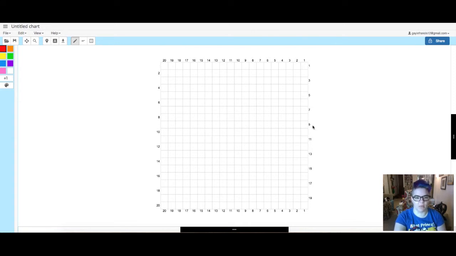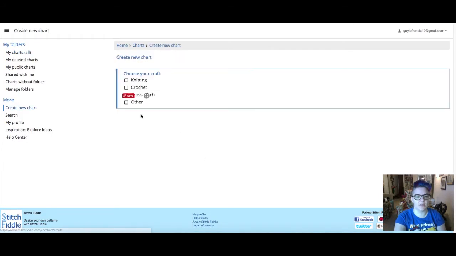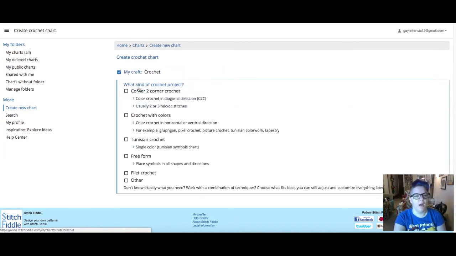So again, not noticeably different from corner to corner. I think the reason they have it set individually on its own is so people who don't do corner to corner know that they can use this program. But the last one I want to show you is this free form,